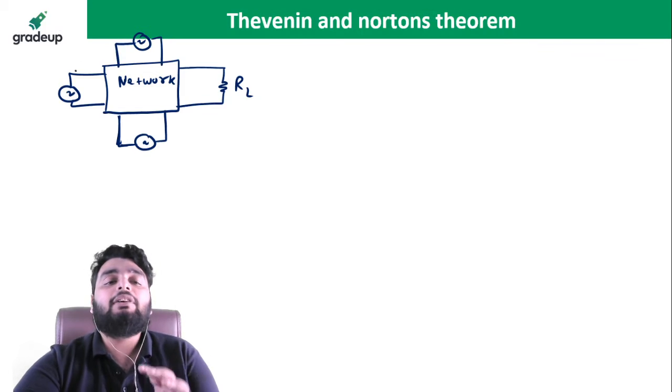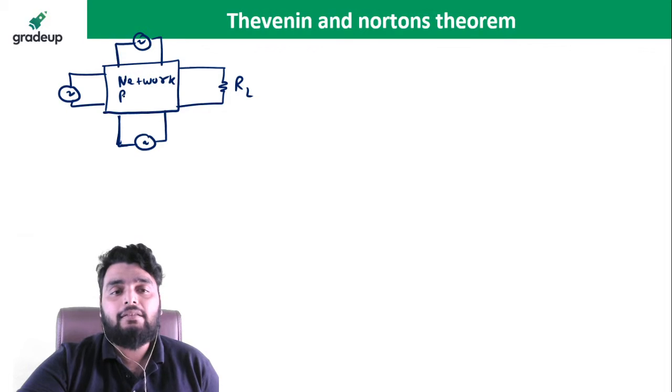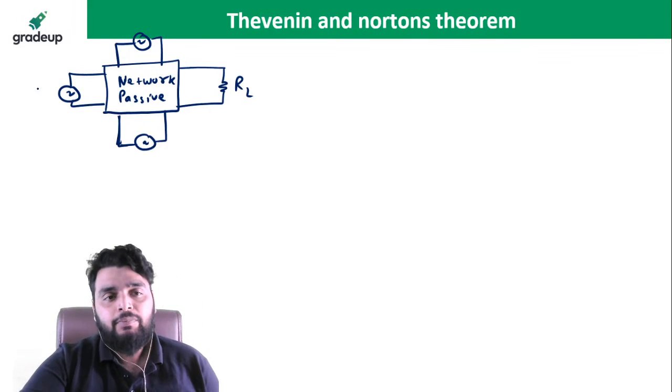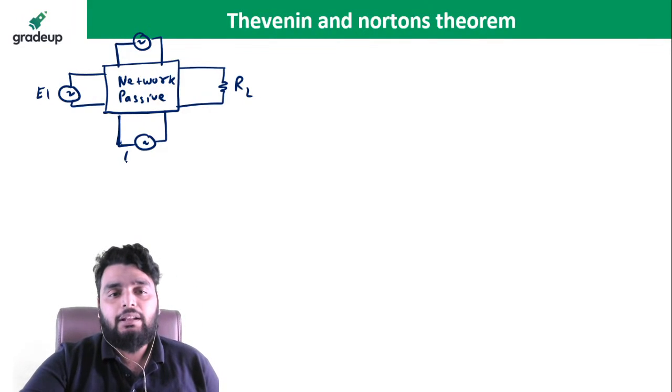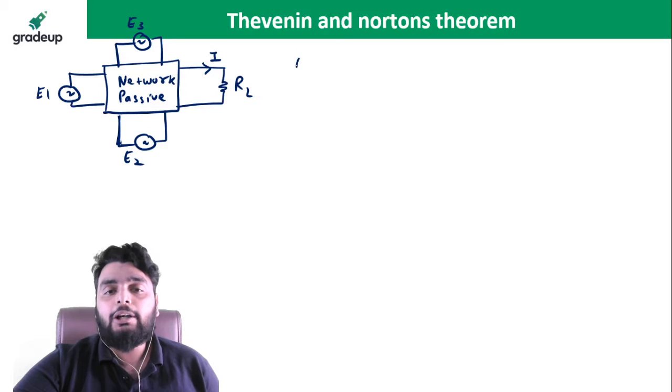For example, I have 3 sources connected to a passive network. The network is passive, and the 3 sources are connected to it. Let's suppose this is E1, this is E2, this is E3, and a particular current is flowing here. So according to the law of linearity,